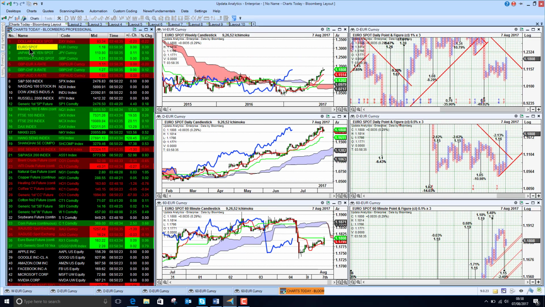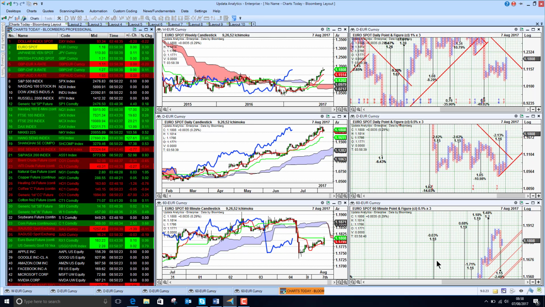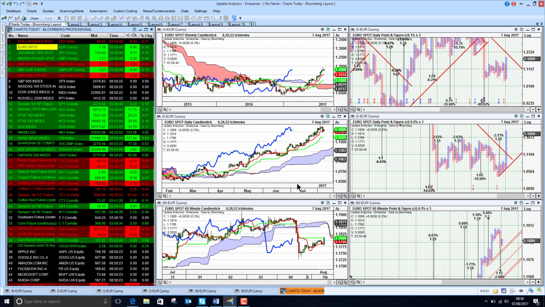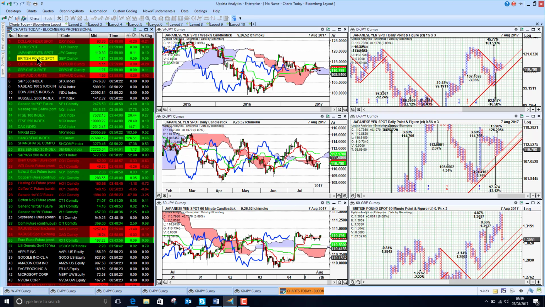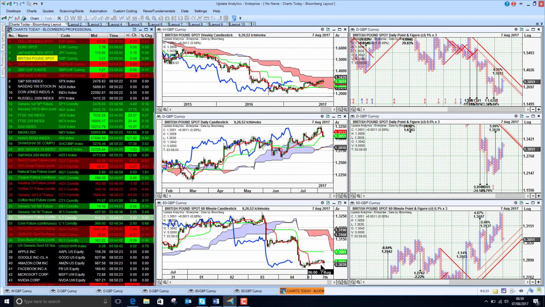Of course, that means we saw the euro fall away against the dollar, so we're bearish below the cloud on the euro. We've got a new downside target of 2.4% that is activated if we see new lows. So bullish in the medium and long term, but just turning short term bearish. Japanese yen, the dollar strong here as well, bullish against the yen in the short term, but no clear upside targets.